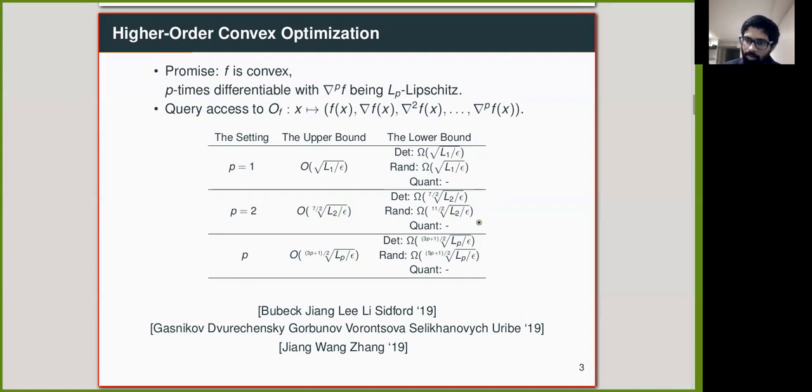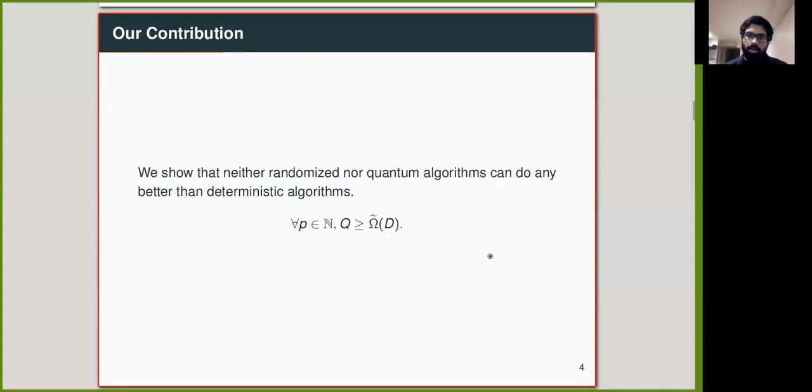And the lower bounds from the p equal to 2 setting also carry over. And this is optimal for deterministic algorithms. And it's polynomially optimal for randomized algorithms, although there might be an improvement. Now, our contribution to this whole scene is to show that neither randomized nor quantum algorithms can do any better